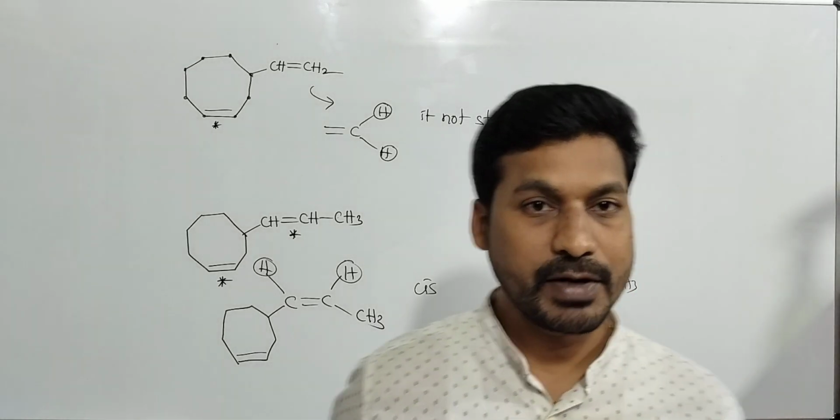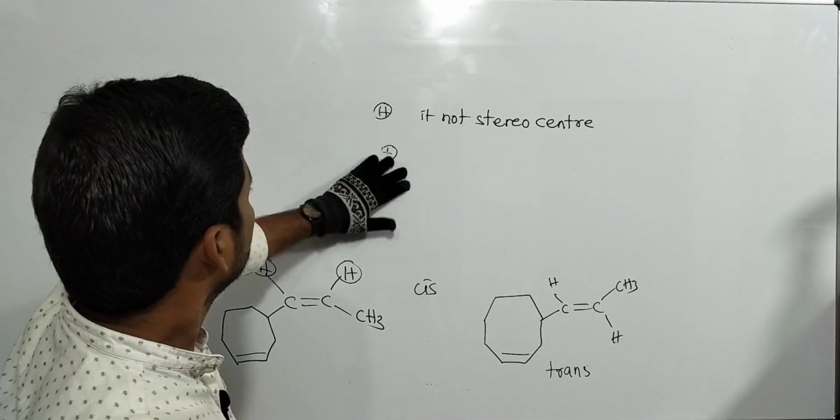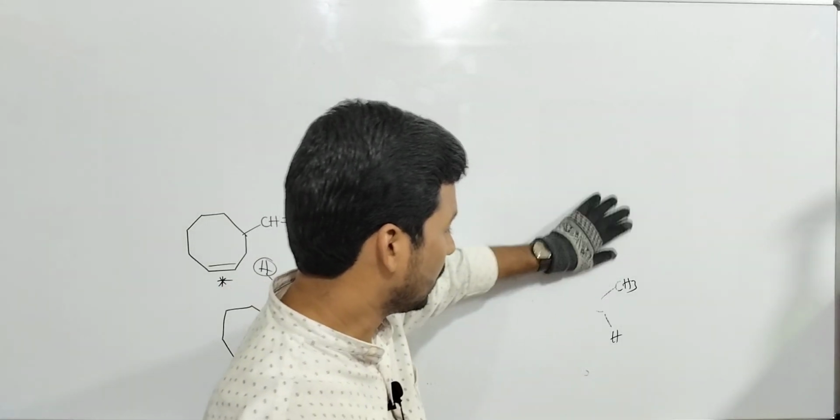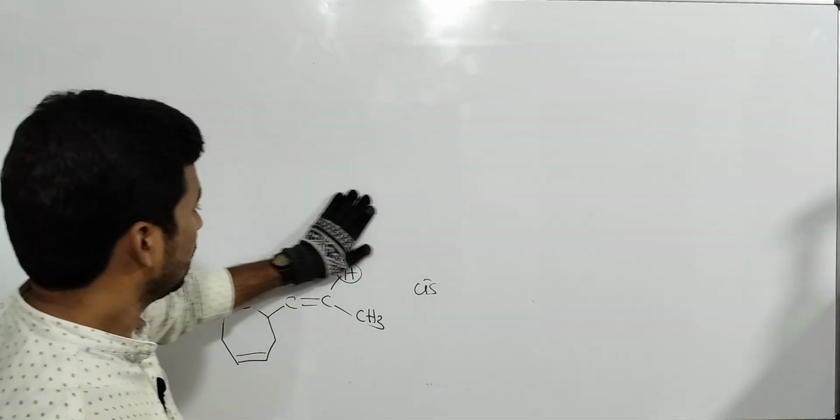In this way, geometrical isomerism in cycloalkanes and simple alkenes is completed. Next,